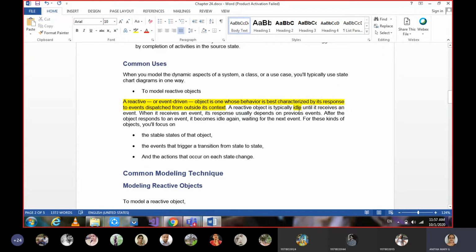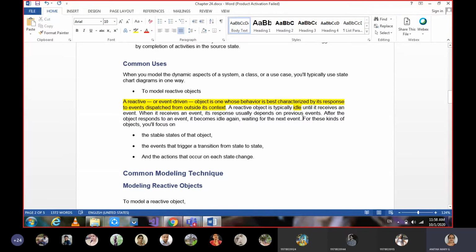Initially it will be idle until it reaches an event, and once it reaches an event, it is going to respond accordingly, based on the previous event, as the state is transferring to the current state. And if there are any responses, those will be taken care of. It becomes idle again sometimes, based on the event passed to it, or it may go into a waiting state. Control will be transferred to the next state after waiting.